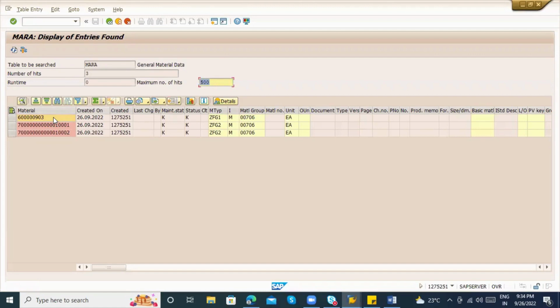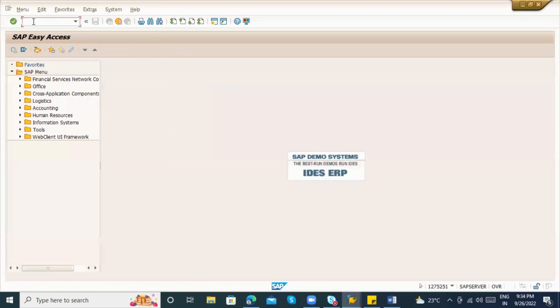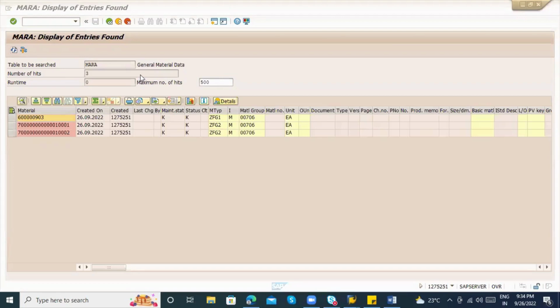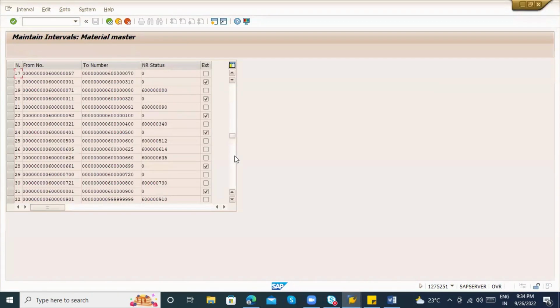Now this number is created, right? Let's see what the status of this number range, MMNR, is, and what the series of this one is. 60090. If I go to this one, where is the interval? You see here, it is showing 920. So there is some problem, but the number status will show you based on what number was generated. The next, okay,